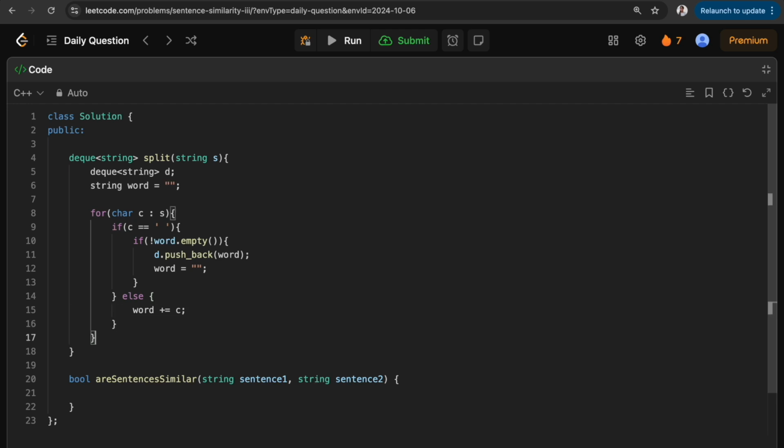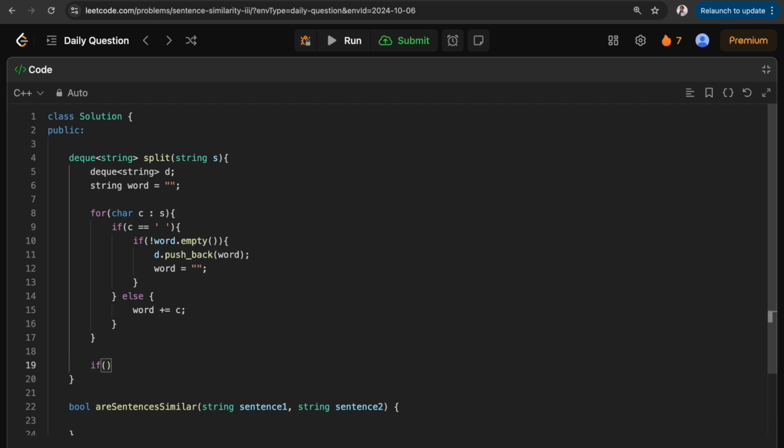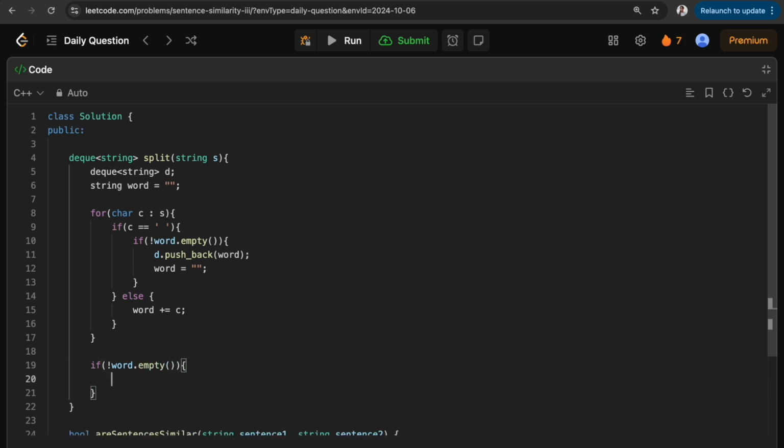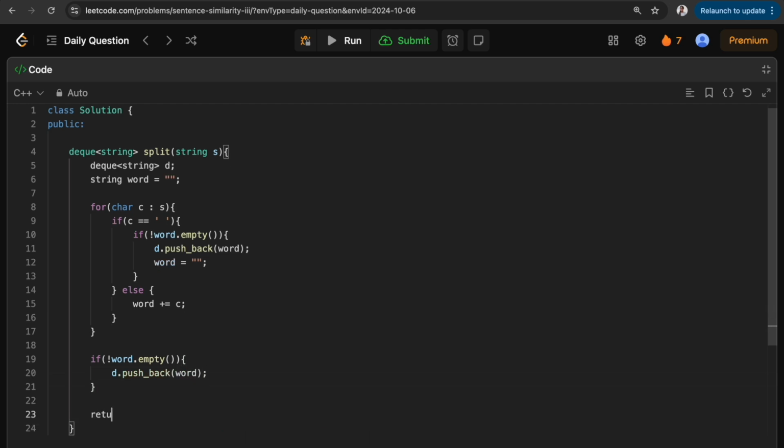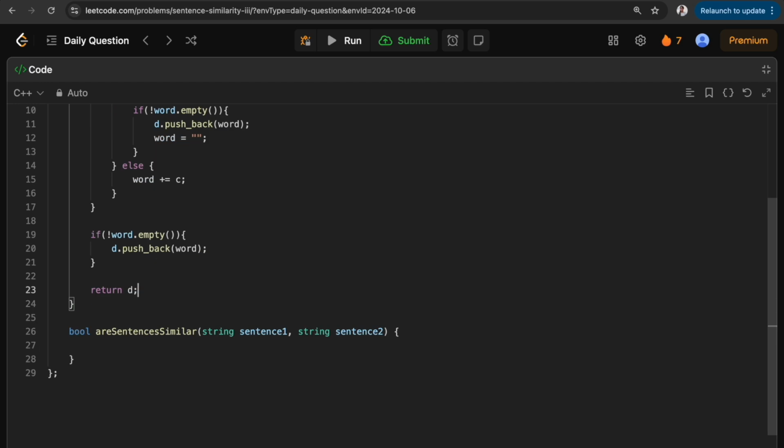Then at last, I'll check again that if my word is not empty, then push it in my DQ, D dot push back word. And at the end, we'll return D.